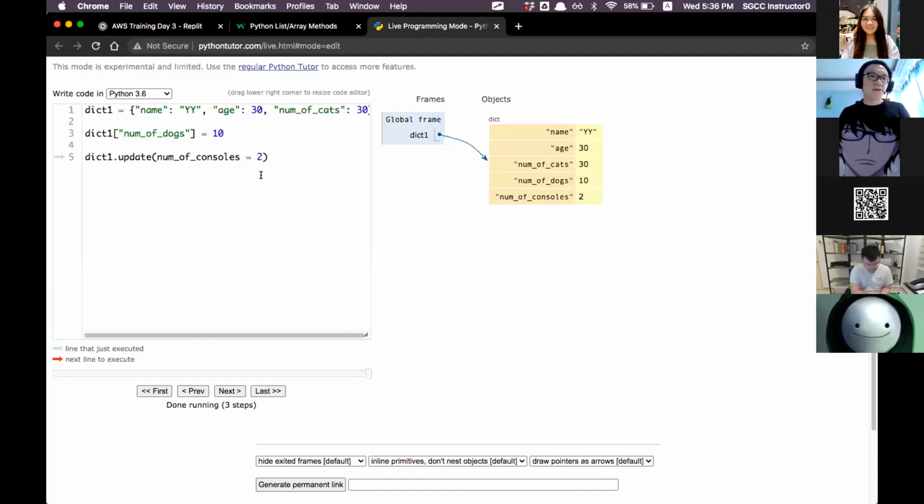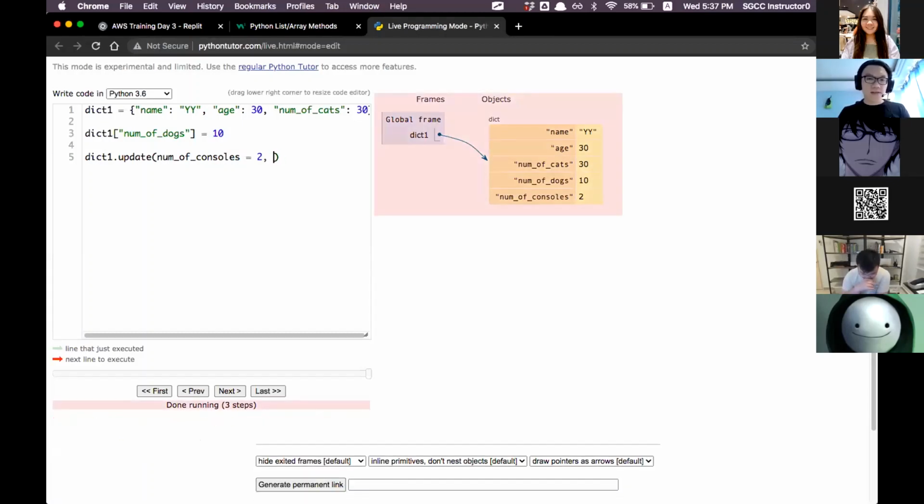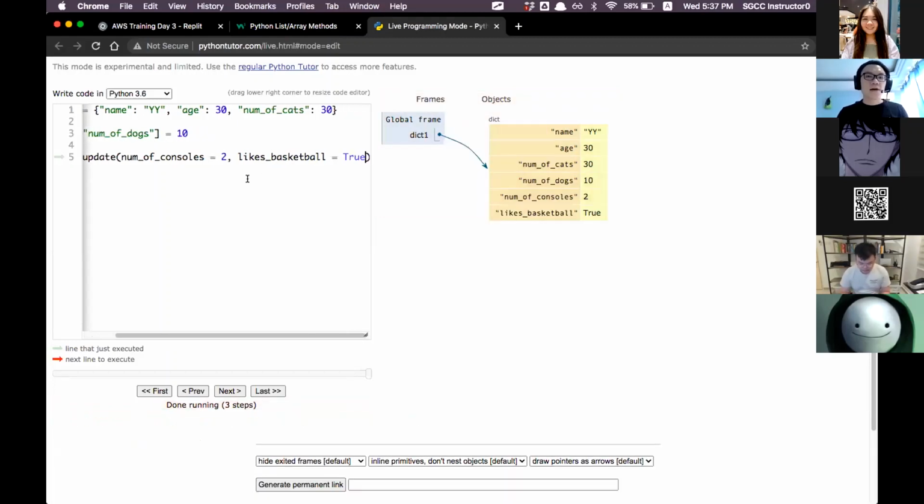Let's say maybe you want to update more than just number of consoles equals to 2. You also want to update, sorry, a new variable, let's say called likes basketball, which I can also set equals to true. Right, this allows you to add in multiple keys into your dictionary by using the update. And not only does it allow you to update multiple keys, let's say for example, you have a